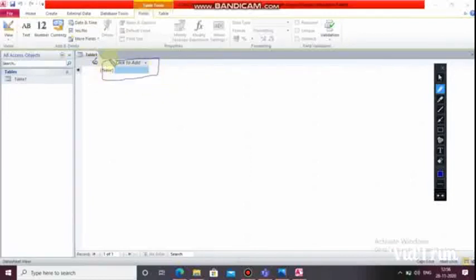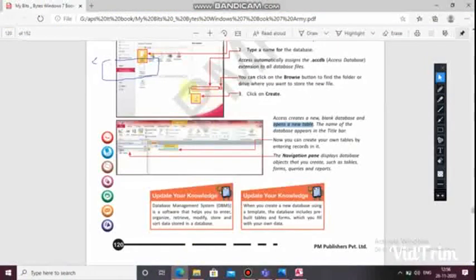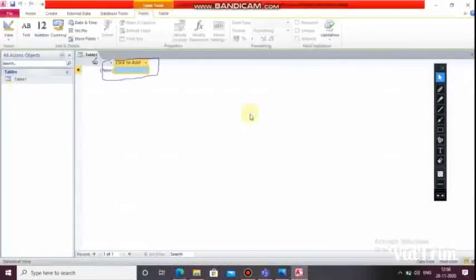You can see this in your book also. It is given create, and then this opens. The navigation pane shows the table over here, and here also this is the navigation pane that I told you is on the left side.